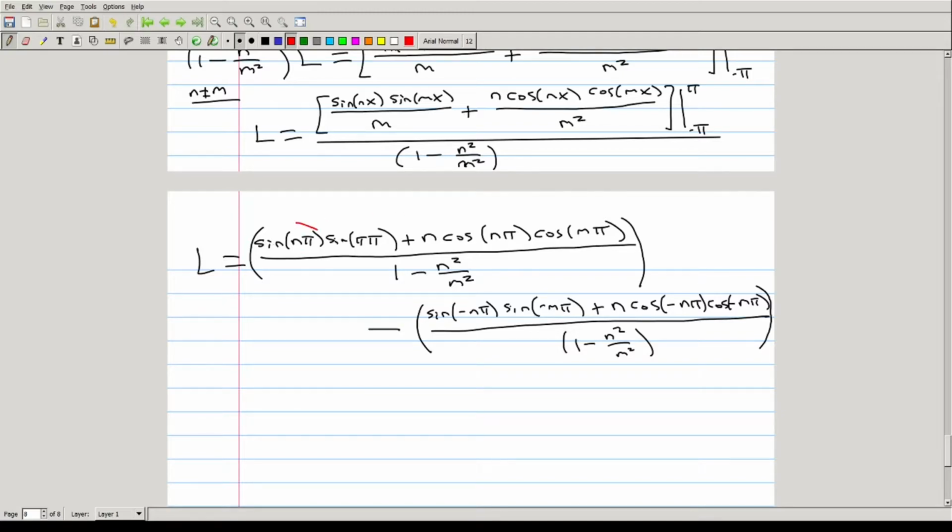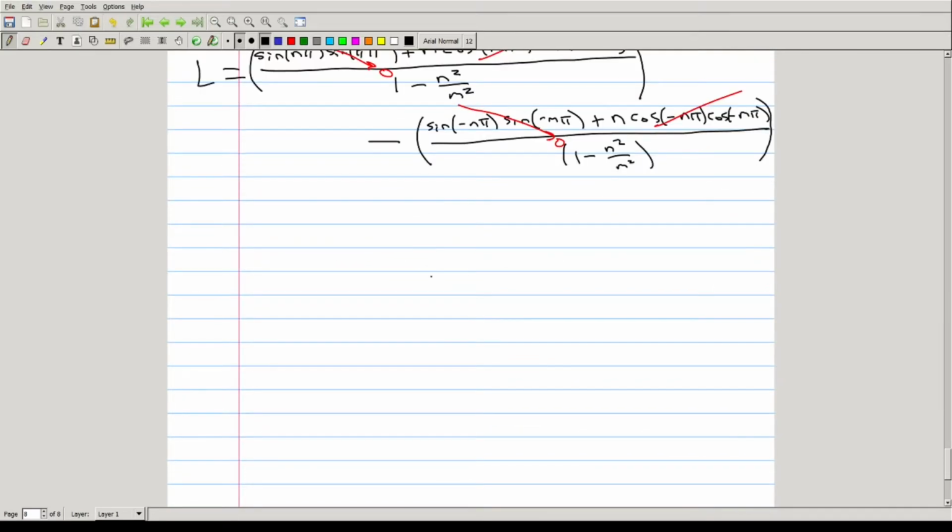And this is 0. This is 0. If you remember what the sine function is, the value of sine at any integer times pi is 0. And this value right here cancels with this value right here. So we've directly shown that